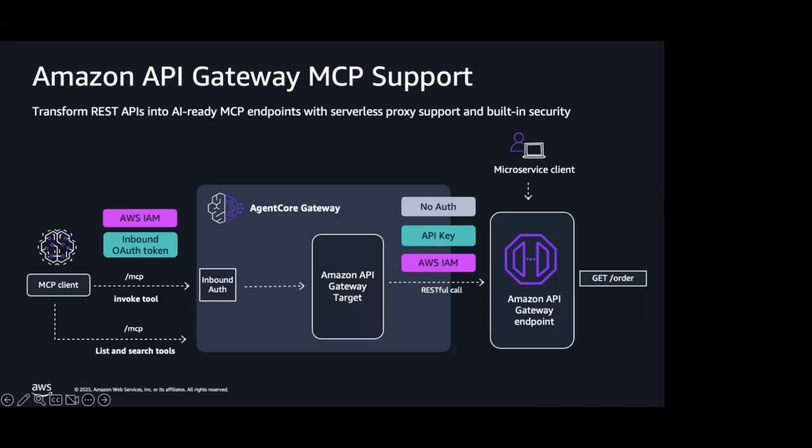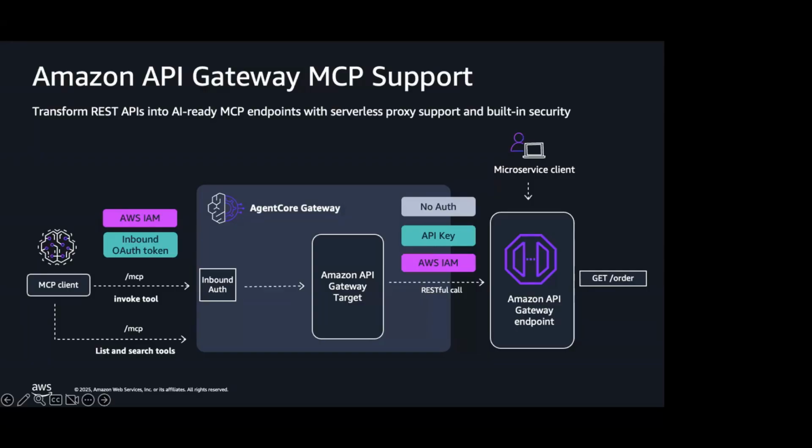So the first announcement is sort of network adjacent, but it ties back into something that Sandeep was talking about earlier in the Agent Core slides. This is MCP support in API Gateway. So API Gateway is our service for creating, managing, and securing APIs at scale. And with this integration between API Gateway and the Agent Core Gateway, you can basically take REST APIs that you already have in place that, as you can see in the slide here, may be accessed by traditional microservice clients,